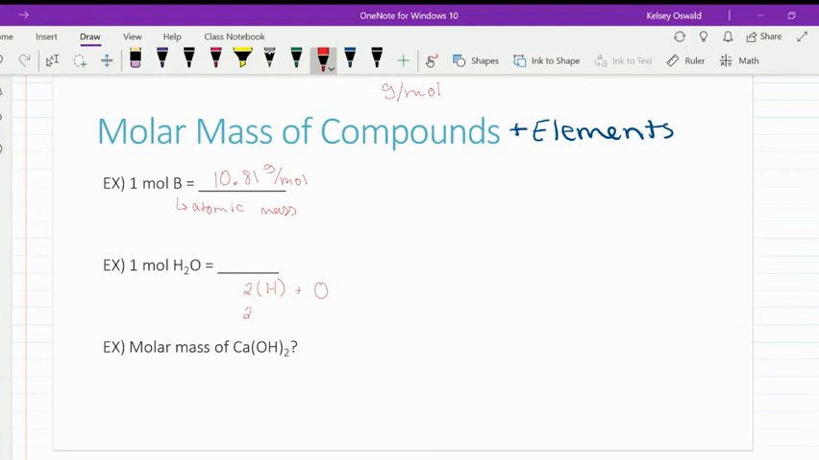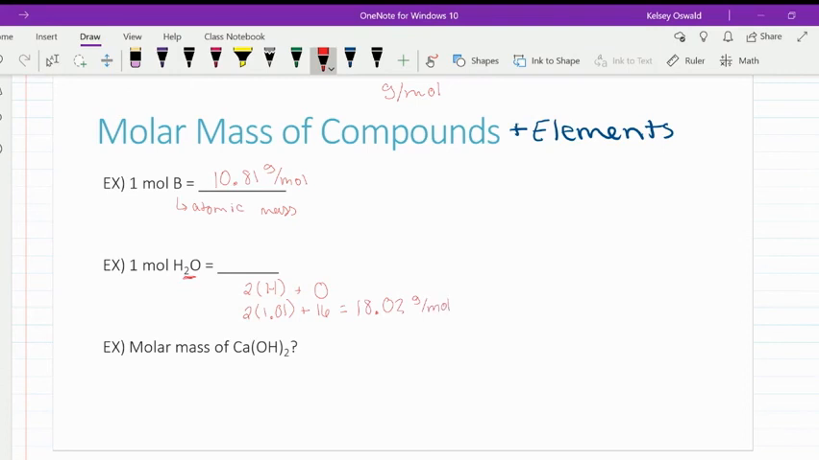So if we look at hydrogen on the periodic table, its atomic mass is 1.01. And again, we have 2 of those. So we need to take into account how many of that atom we have. Oxygen, that's going to have an atomic mass of 16. So when we add these together, we'll find that H2O in total has a molar mass of 18.02 grams per